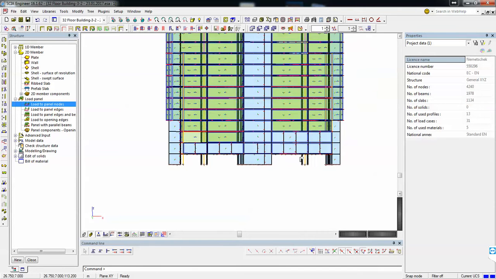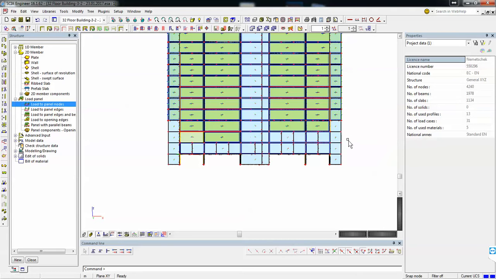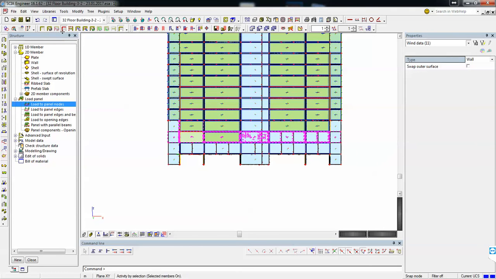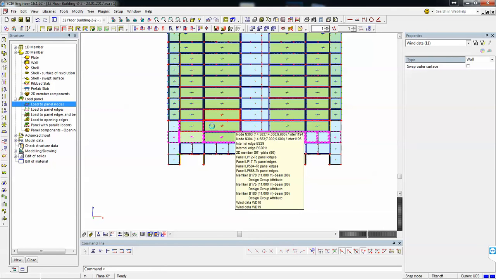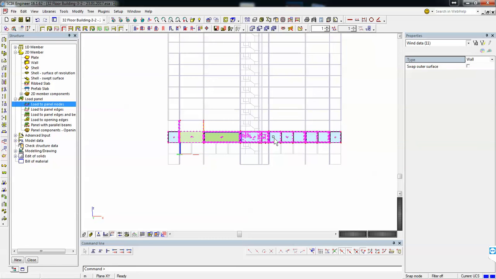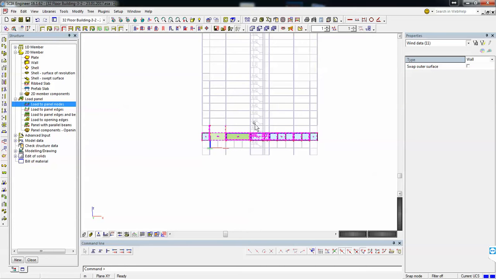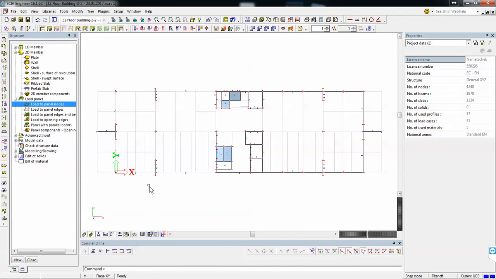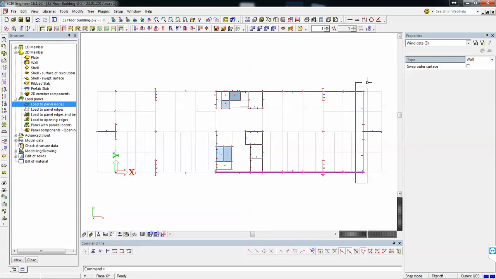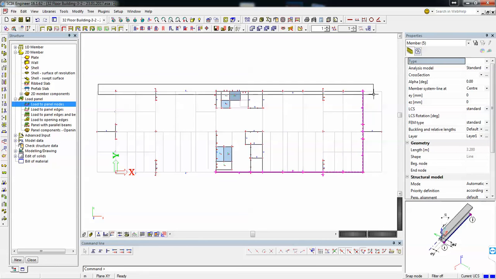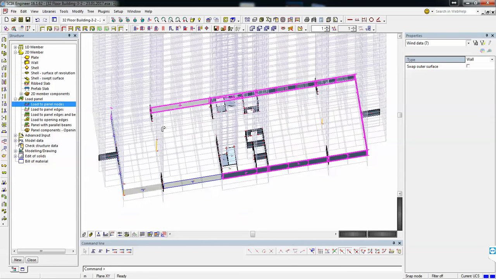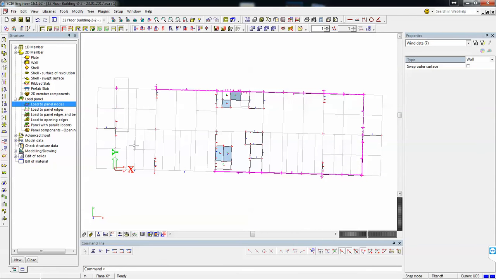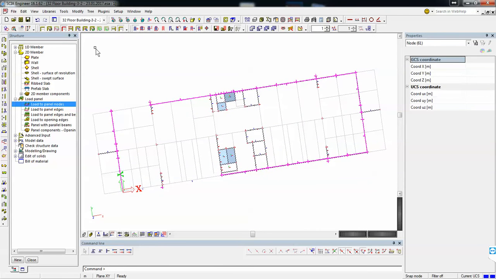Now I have to check that all perimeter or edge walls have the 3D wind. So I have to isolate them to make sure that only these have it, because if you pick one that is inner, it will generate problems, as it will not interpret correctly the shape of the building. So only edges are relevant in this situation.